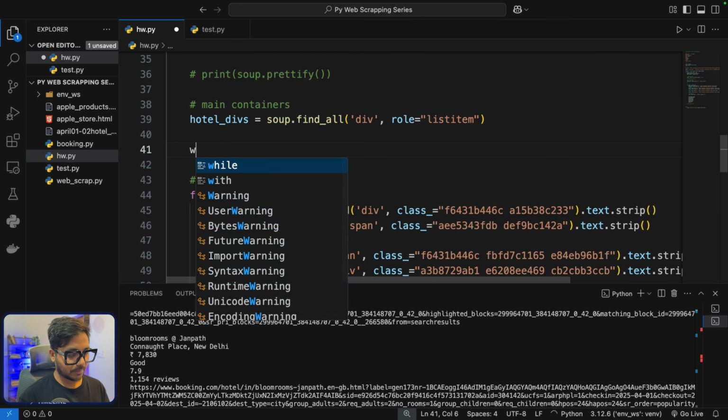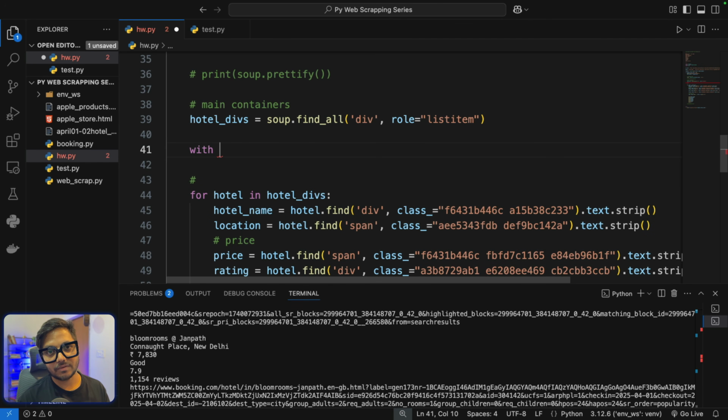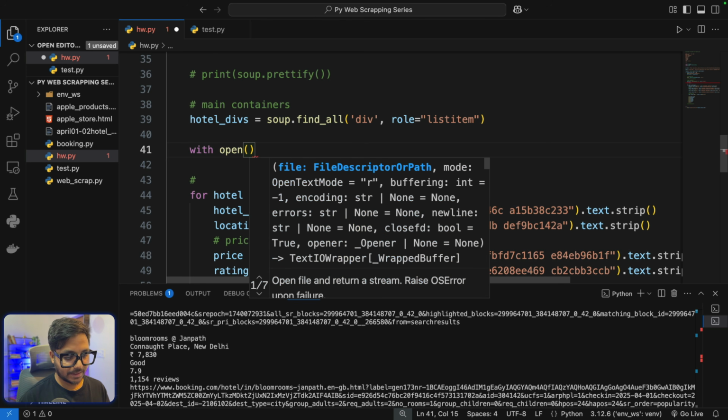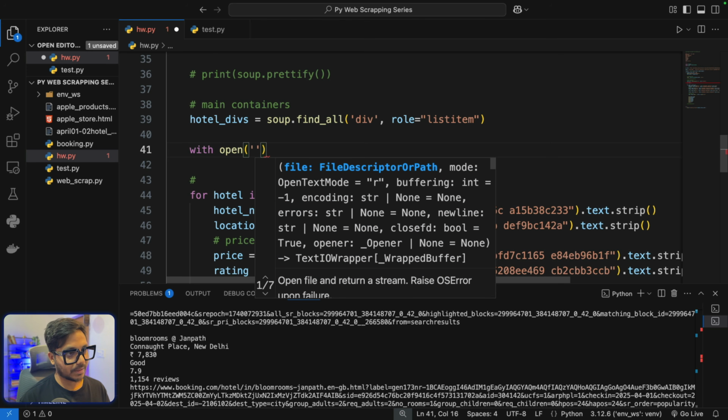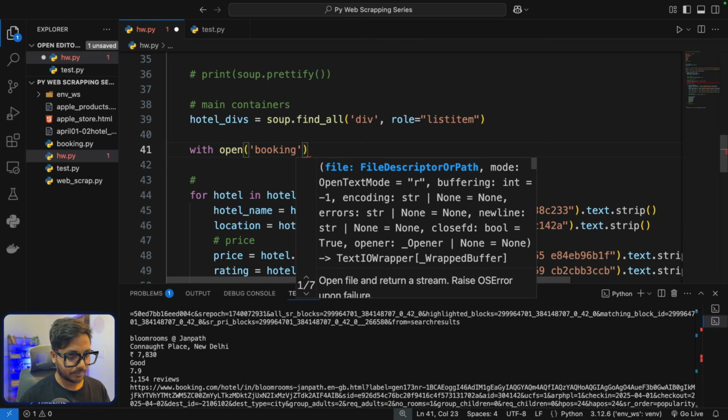So how you open it, you can simply say with, which is going to take care of closing the file, because when you open a file, Python makes a connection to the file. You need to make sure that it is closed, otherwise it's going to eat up your system resources, the RAM. Okay, so we say open, and here we want to give a name. So I will just give a name for now. I will make it dynamic later, but I will say the name is booking